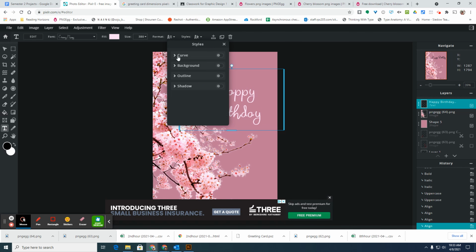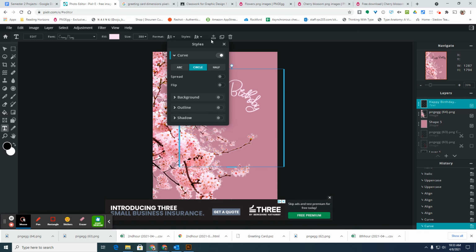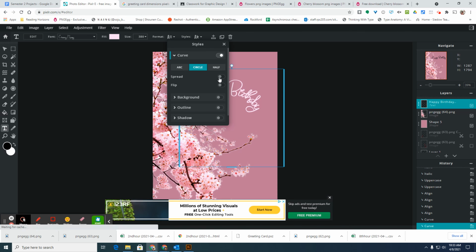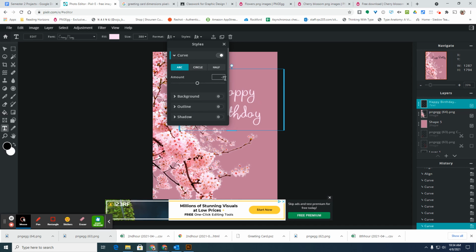So that's if you want your text to curve. So let's say I want it to arc down or arc up. I can adjust those. If I want it to look like it's going in a circle, if I want it to spread out on the circle or go on the bottom of the circle, I'm going to click flip. If I want it to do a half circle, if you want a background color,